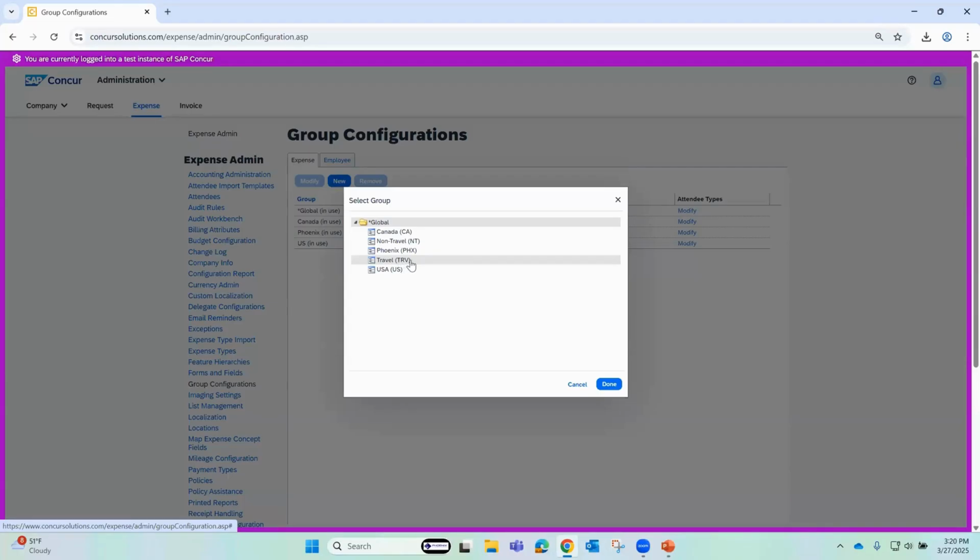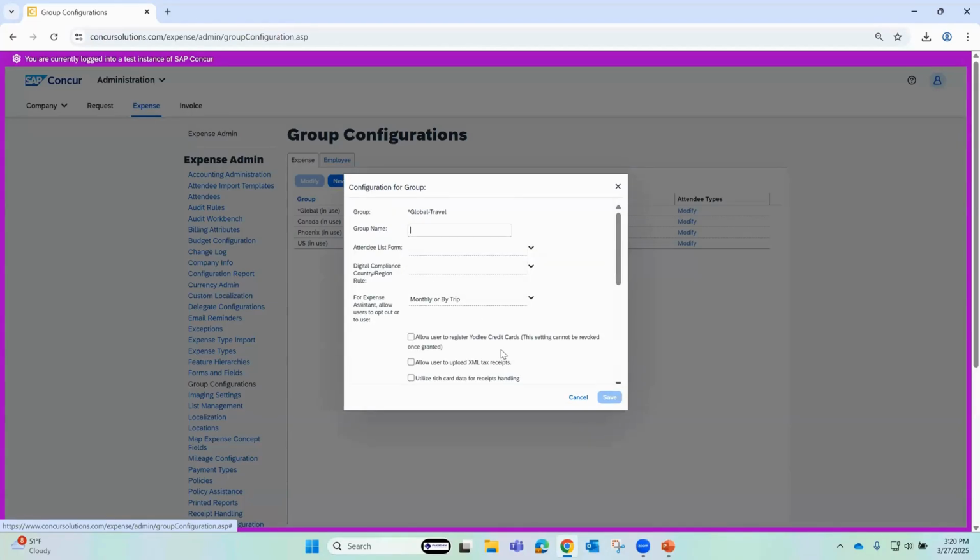So underneath travel, I'm going to click done. And now I need to build this. So in other words, what are we calling this group? We're going to call it travel. We're going to follow the exact naming convention as this. And there's a couple things that you need to put in here. I'm not going to go into all the granular detail of this, but one of the main things is